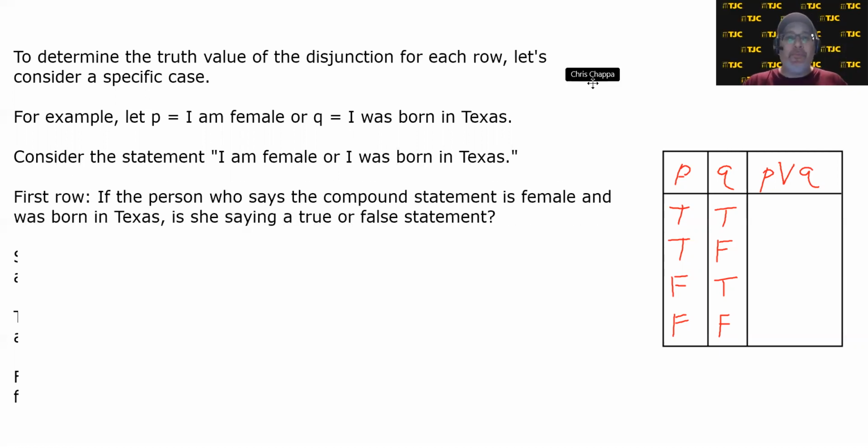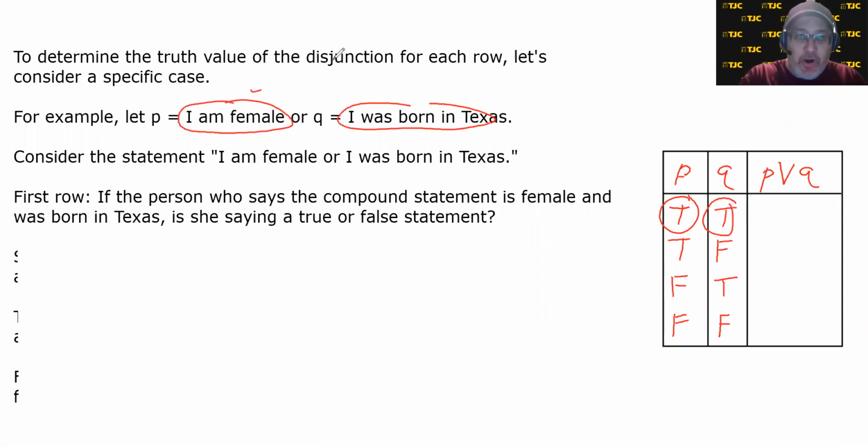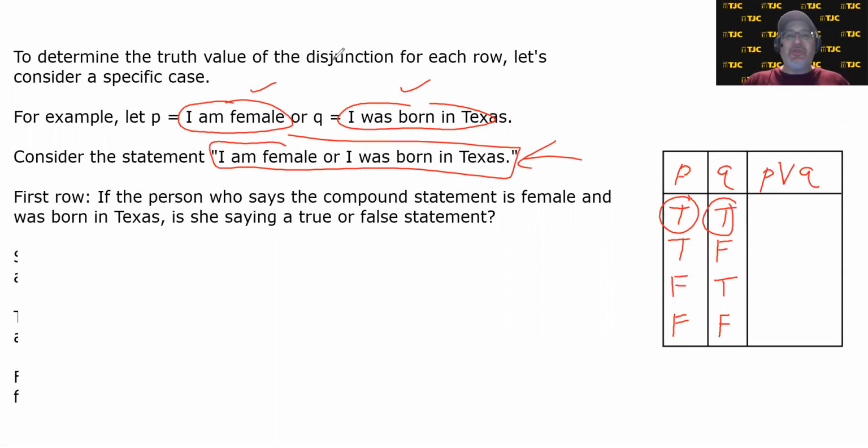First row. In the first row, both simple statements are true. So we're assuming that the statements I am female and I was born in Texas are both true. And we're asking ourselves, if the person who says the compound statement is female and was born in Texas, and yes, I meant to say and because we're looking at the situation where P is true and Q is true,